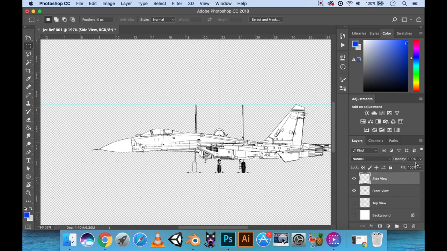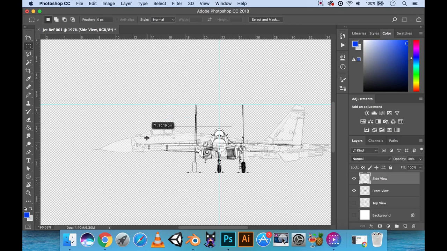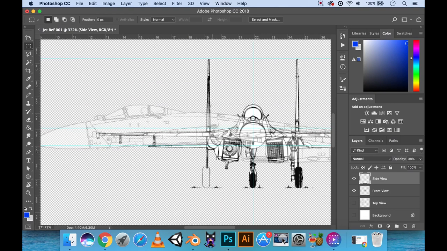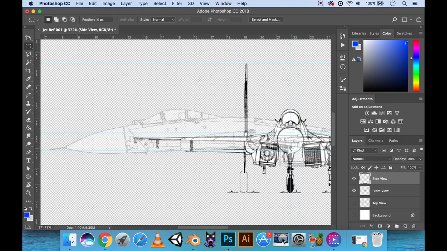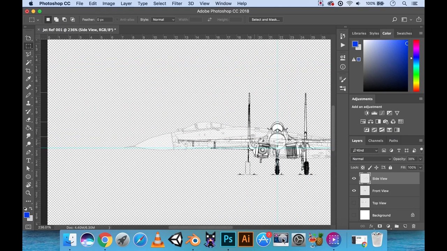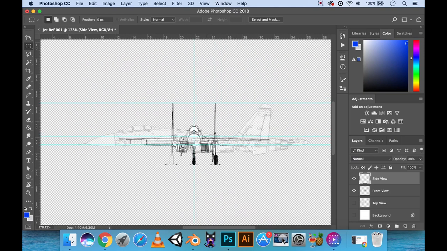Let's go into the side view. I'm going to change the opacity of this slightly so I can see the point over here. Make sure the nose point is also lined up. Let's click on this ruler, line it up, and right on the nose. Perfect. And yeah, we can just go ahead and export these two out and use them